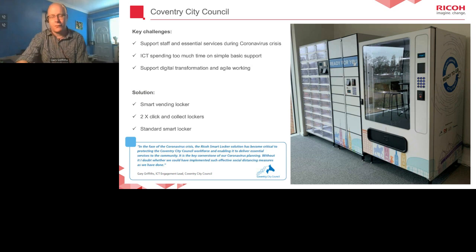We had a lot of footfall into the building as well. So with that kind of in mind, it was always a big part of my drive to actually try and move as much of the kit collection and replacements, so things like mice and keyboards and headsets, into more of a self-serve opportunity where we were doing less face-to-face, and trying to restrict some of that footfall